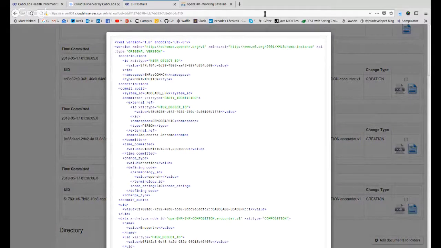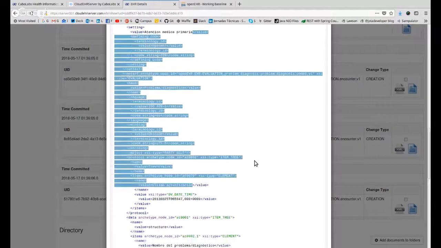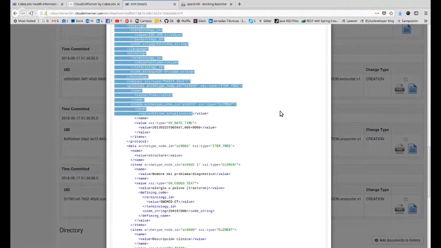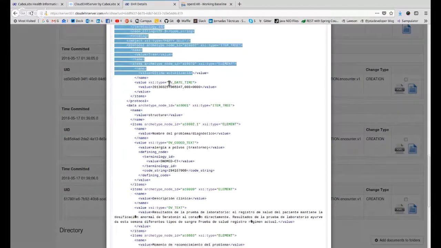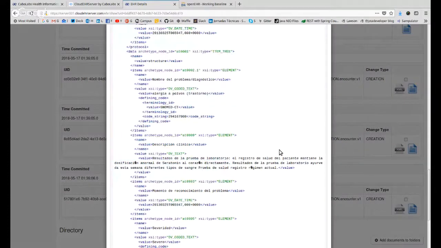So this is the source of the clinical document. This is the clinical document as it was committed to the EHRServer from a client application. So here we have all the data. This is the structure of a clinical document that complies with OpenEHR. These are all OpenEHR types. This is the structure of the OpenEHR clinical model and complies with the XML schema that was published by the